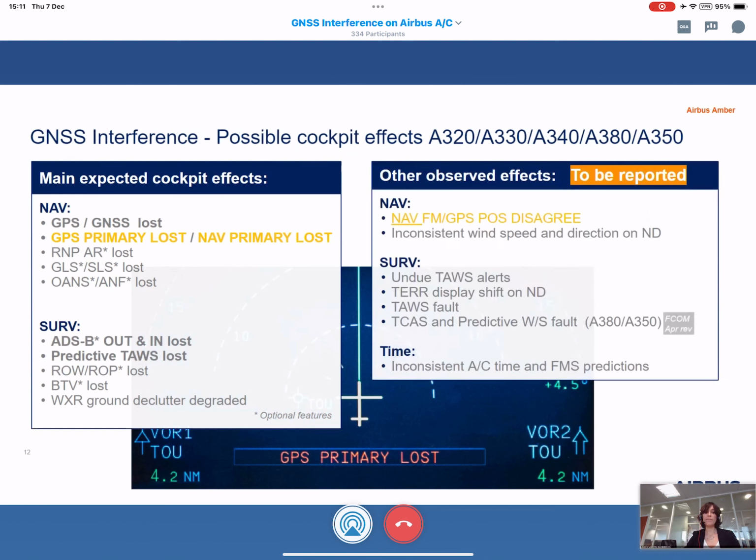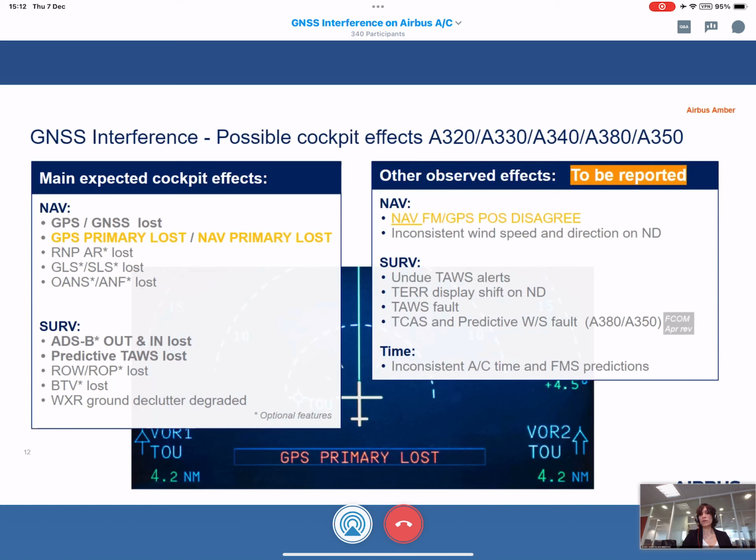Other effects that have been observed under GNSS interference, which could result from inconsistent GNSS data, are, in navigation, NAV FMS POSITION DISAGREE. It's important to highlight that this one is not only linked to GNSS inconsistent data. We could also have it with FMS degraded position, for instance.